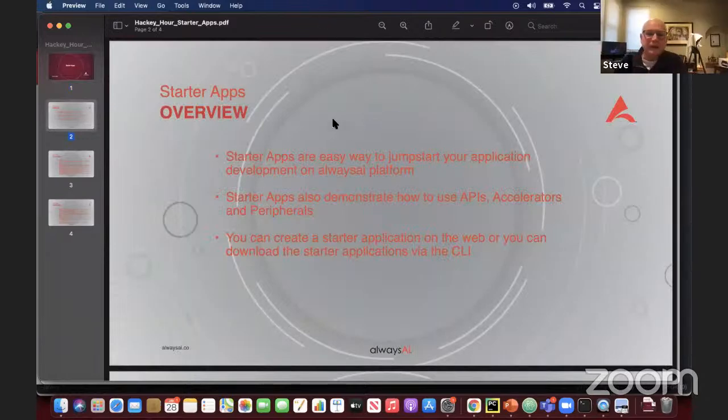The next slide is an overview of what starter apps are. What we intend the starter apps to do is ease your way into application development, so that you don't have to start with the basics, but can jumpstart your projects and applications. The other thing we wanted with the starter apps is to demonstrate how to use APIs around different categories that we have, and how to use different peripherals within those starter apps,